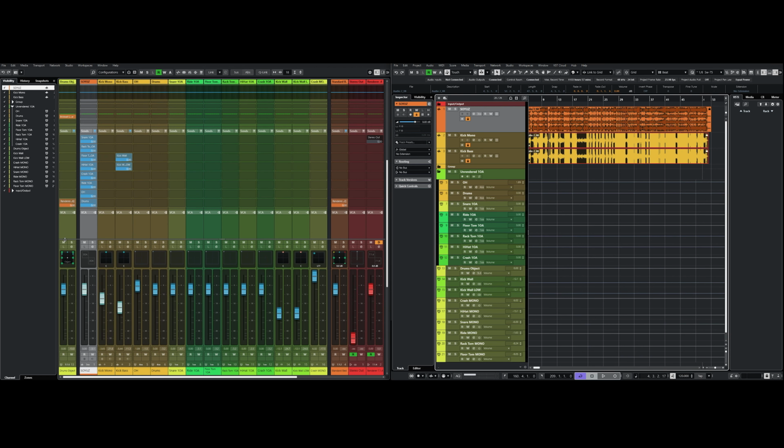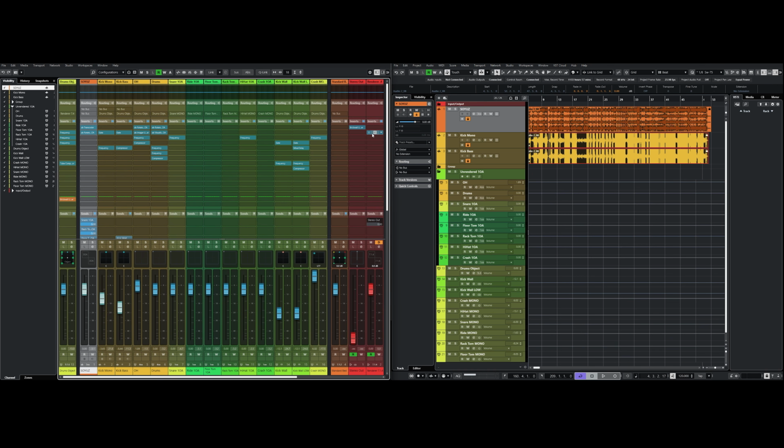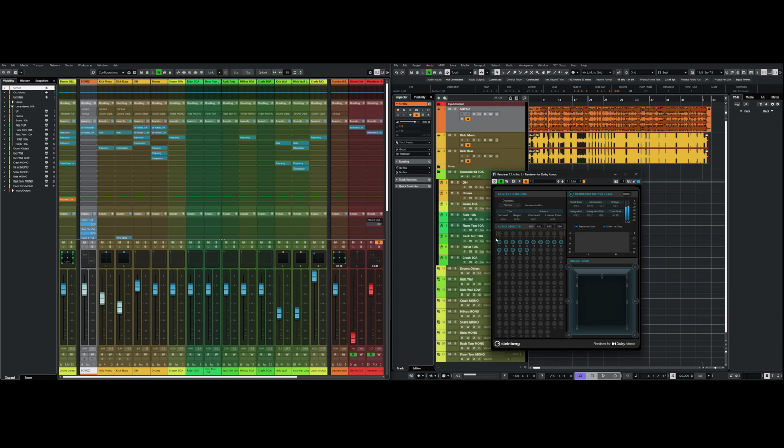Then everything is going to my 9.1.6 object, and then from this object I'm sending the mix to my Dolby Atmos renderer, which is here. And from the Dolby Atmos renderer, you can right now hear a stereo mix because this is YouTube, there is no Dolby Atmos. However, you can see that the drums are not on the bed, they are mixed as spot microphones. So if I press play,